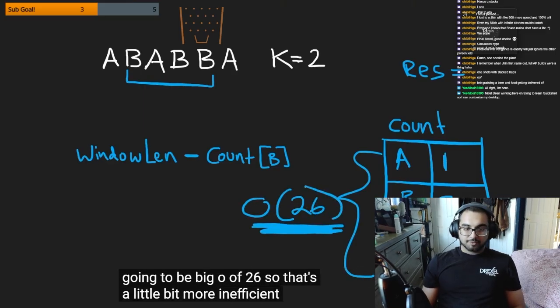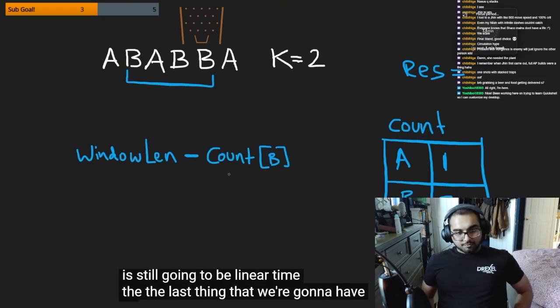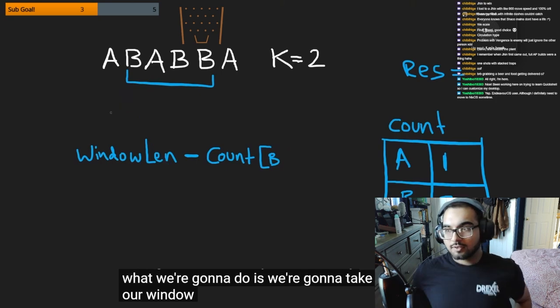So that's a little bit more inefficient than we would like, but it's technically still linear time. Like the overall algorithm is still going to be linear time. The last thing that we're going to have to do though is to this equation, we're going to have to add a sliding window technique. So basically what we're going to do is we're going to take our window, start at the beginning, expand it